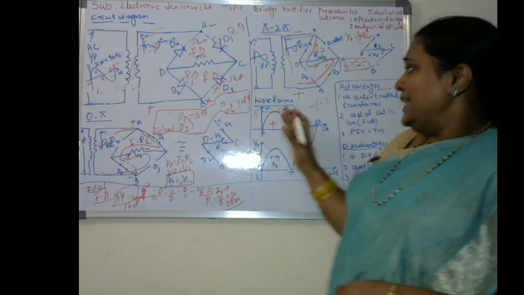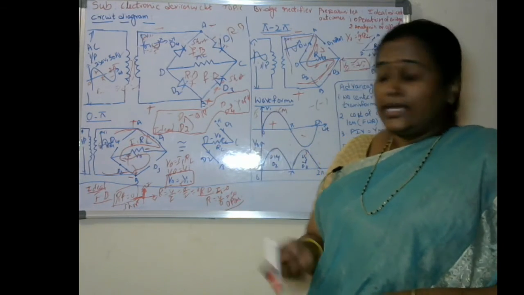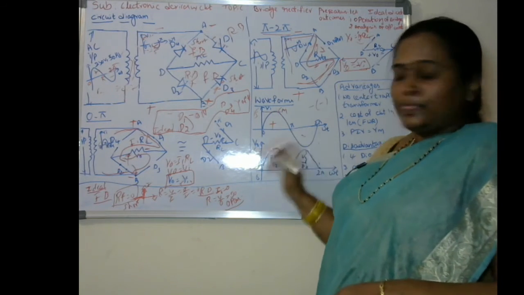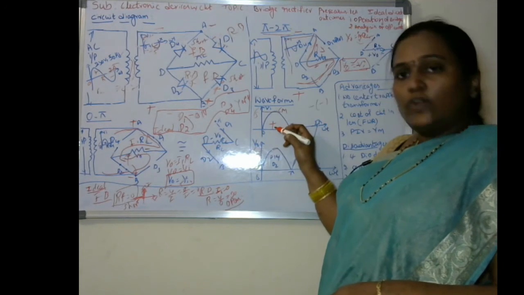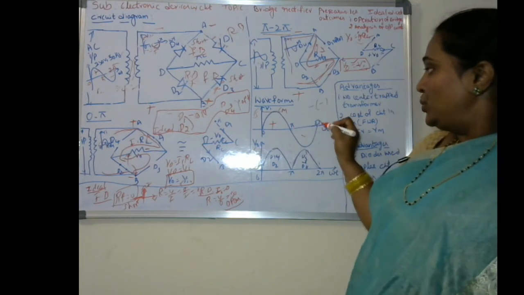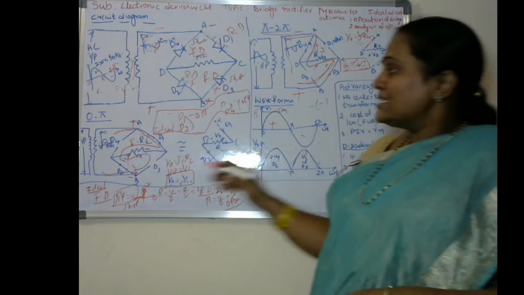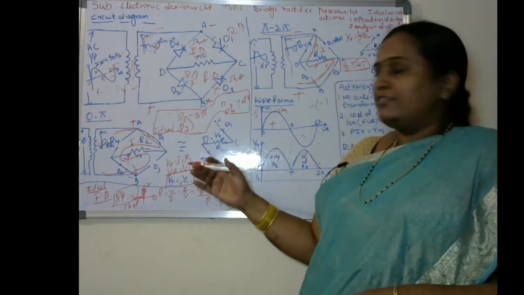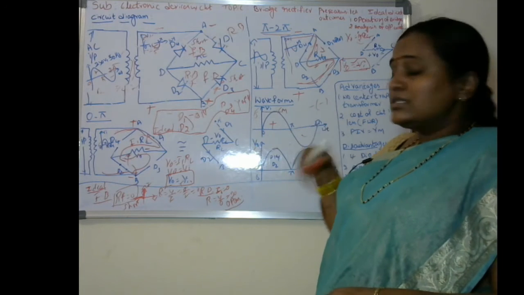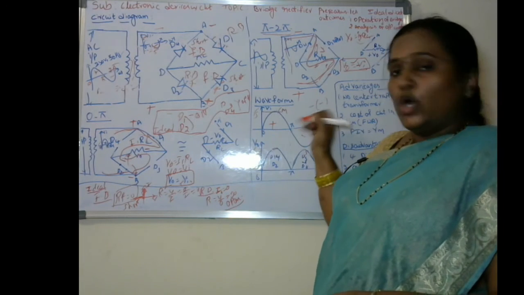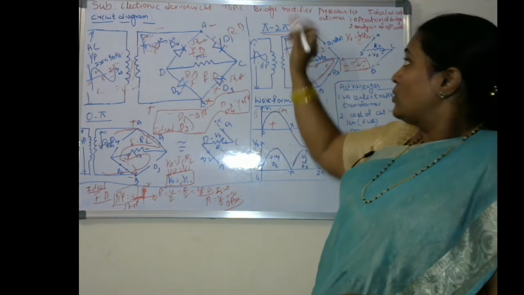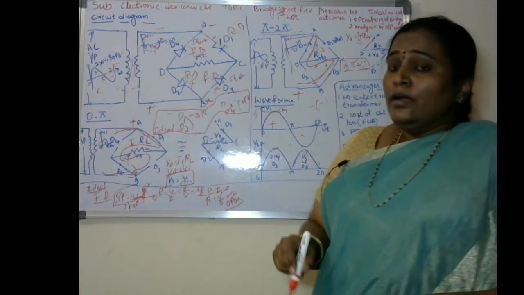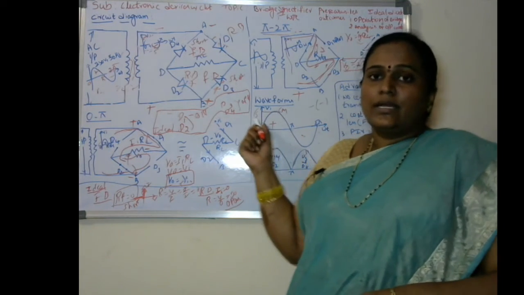So in this case, we have to see whether this is also a full wave rectifier or not. Yes, it is a full wave rectifier. Why is it called a full wave rectifier? It is passing the total cycle. From 0 to pi the output voltage exists, and for pi to 2 pi also the output voltage exists. The operation for the total cycle exists, and the output voltage is present for the total cycle. That's why it is called a bridge full wave rectifier. It is also a full wave rectifier since it is conducting the total